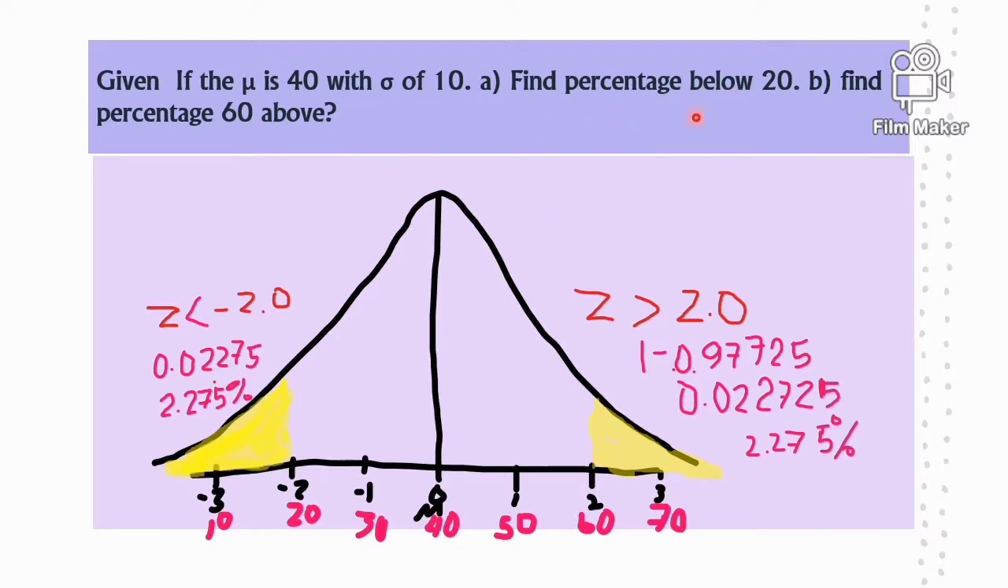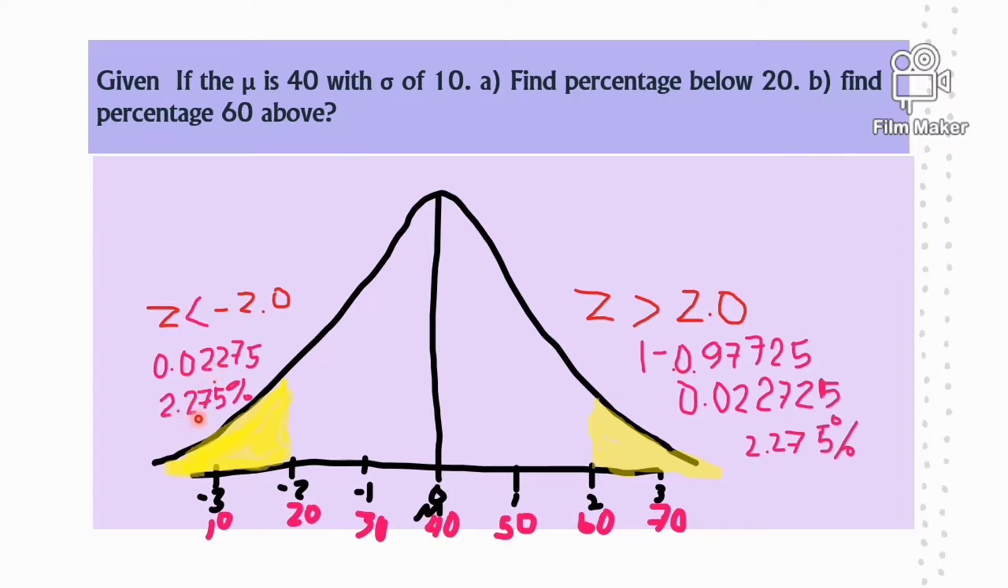Percentage below 20, so Z less than negative 2. Take note, negative 2 below. On the Z table value, again, we will use the Z table value. So the answer is 0.2275. So we will move to decimal places. The answer is